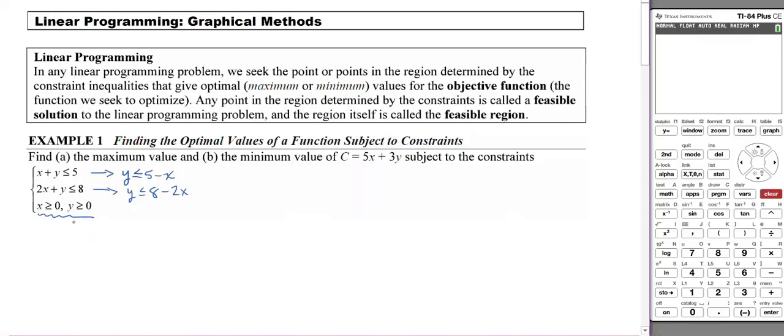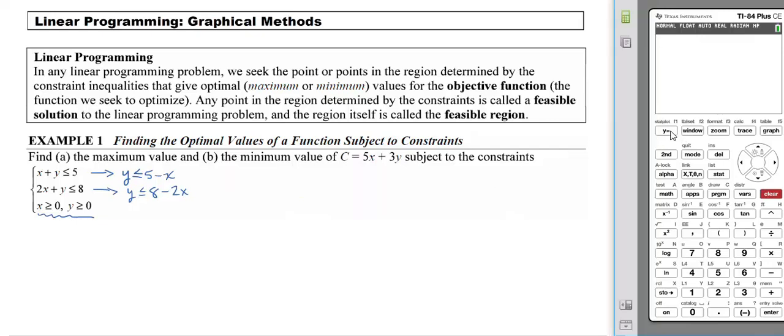What this does is limit you to the first quadrant of the graphing calculator. So you can just limit the window to the first quadrant and then look at where these two functions will overlap regions. So let's go to the equation editor and put 5 minus x,